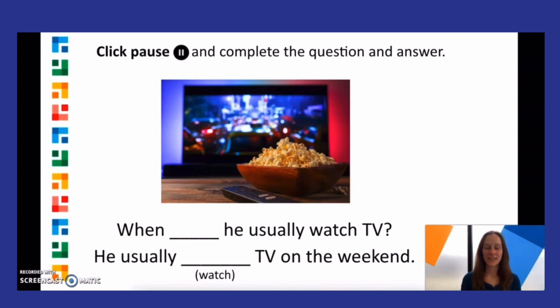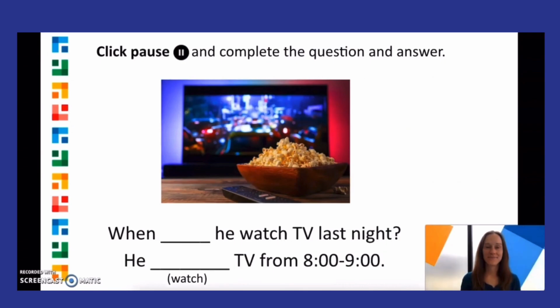Check your answers now. When does he usually watch TV? He usually watches TV on the weekend. When did he watch TV last night? He watched